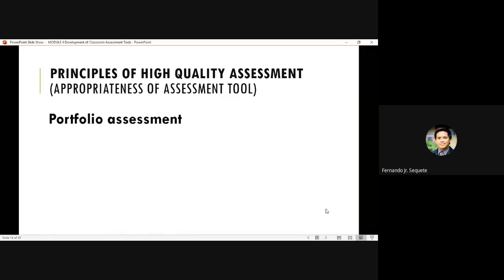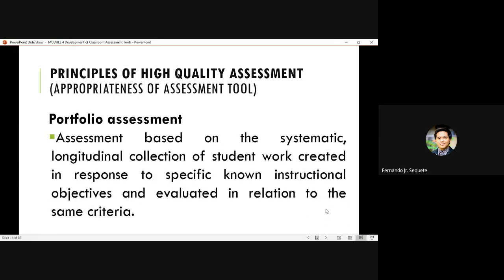Next we have is a portfolio assessment. Okay, assessment based on the systematic, longitudinal collection of student work created in response to specific known instructional objectives and evaluated in relation to the same criteria. Ang portfolio assessment, I'm sure siguro sa mga klase ninyo, meron nga kayong narinig na, okay, isa sa mga gagawin